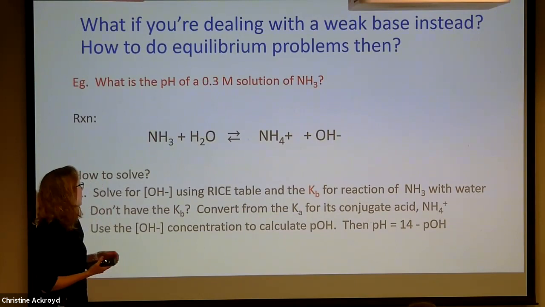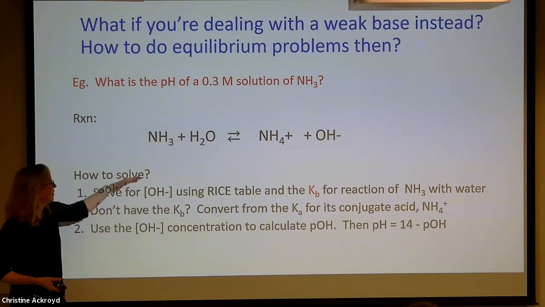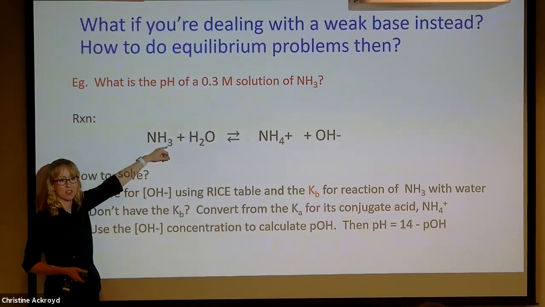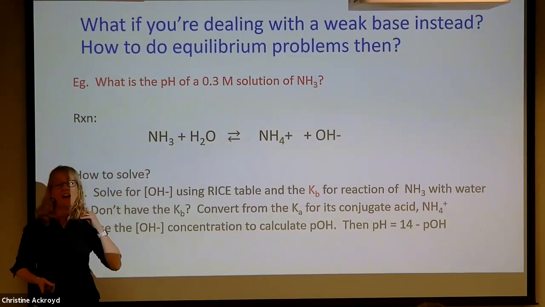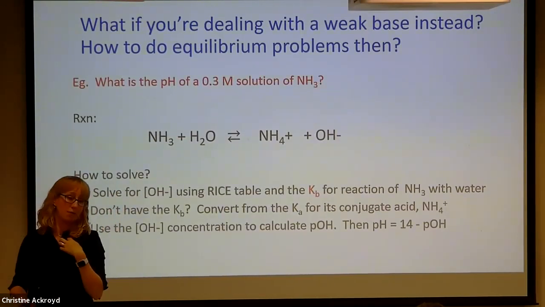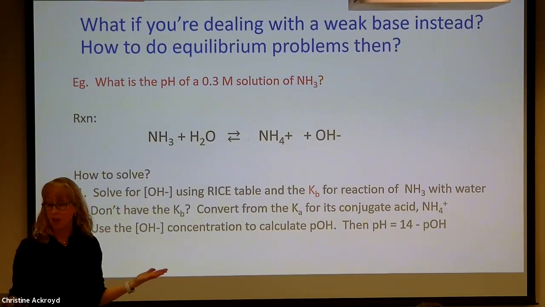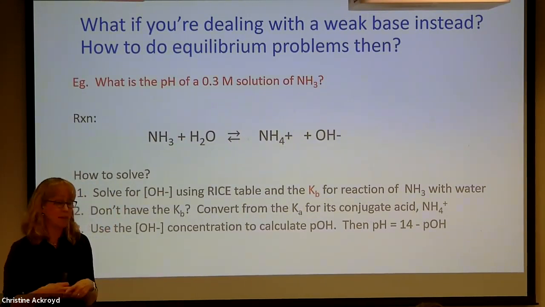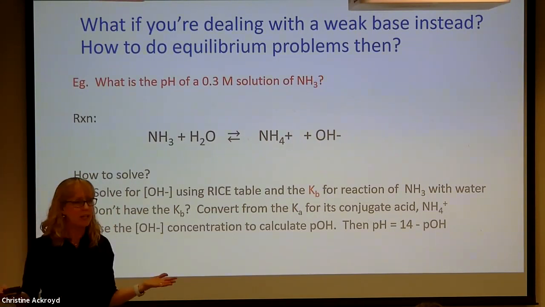What if instead of sodium amide, we did ammonia, which doesn't even have a negative charge on the nitrogen? Then we find ammonia on our pKa table or a Ka table. It's the conjugate base of ammonium ion. It is a weak base. Okay, so if I said I have a 0.3 molar solution of ammonia, tell me the pH. What are we doing here?